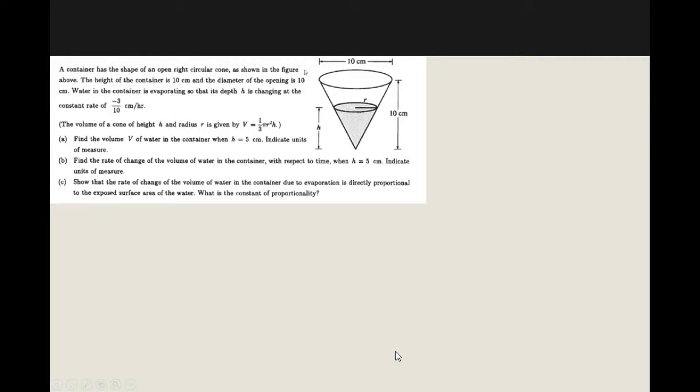And then in the diagram, they actually gave me measurements. So you had to take into account what they gave you in the picture, what they gave you in the problem, and what they gave you in words. So for part A, to find the volume,